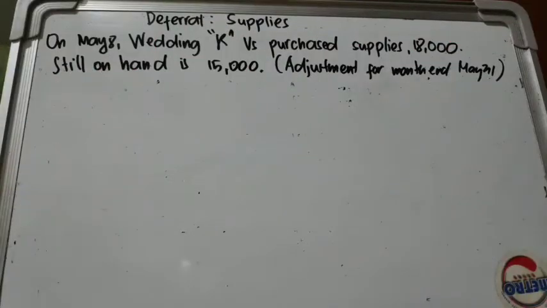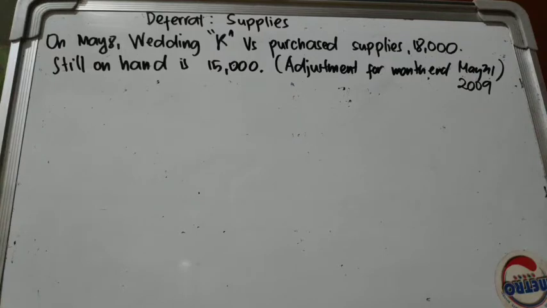Students, for today's video we will continue our learning on the types of adjustments in deferral, for the account title supplies. On May 8th, Wedding R.Us purchased supplies for the amount of 18,000. Still on hand is 15,000. The adjustment will be for the month end, May 31,